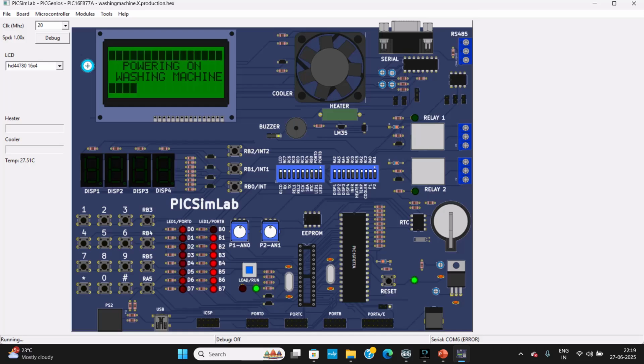First, if you press switch 5, the washing machine powers on. RB3 is for the option navigation: heavy, delicates,